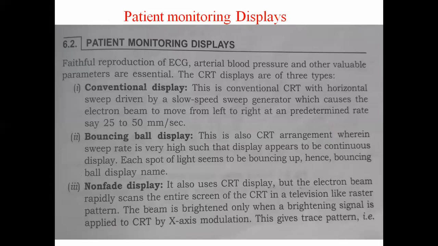These rates will be matched with our ECG waveforms. And these rates you can select from the front panel of the oscilloscope. We can adjust the sweep rate, so 25 to 50 mm per second. So these rates can be adjusted on the front panel of the oscilloscope. And similarly, we have